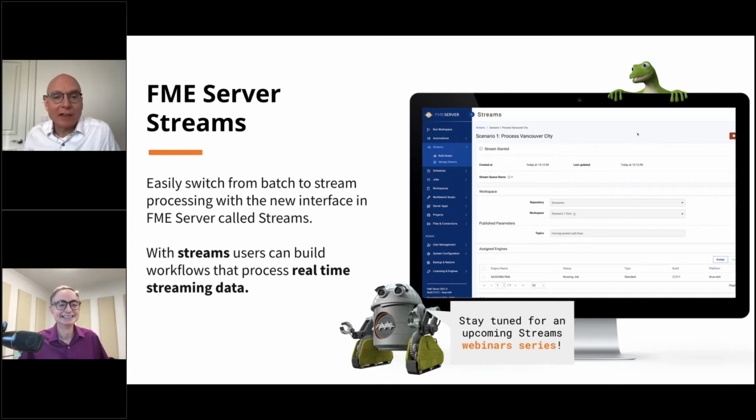And so, yeah, we have all that coming up shortly. So that's exciting too. Now FME can do it all. It can do batch, transactional, and streams. Good. And there's even a new business model for licensing stuff from us that can work very well with streams as well. I think we've got a slide on that coming up, don't we, Don? We do. Yep. Dynamic engines.